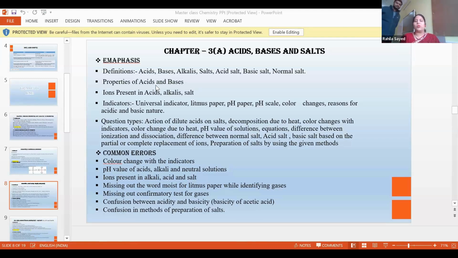The questions that are going to be asked will be action of dilute acids on salts. What will be the action of heat on different salts? Color changes with indicators, then the color change due to heat, pH value of various solutions, the equations that are given, difference between ionization and dissociation, difference between normal salt, acid salt, basic salt, based on the partial or complete replacement of ions. And the last one, preparation of salts by using the